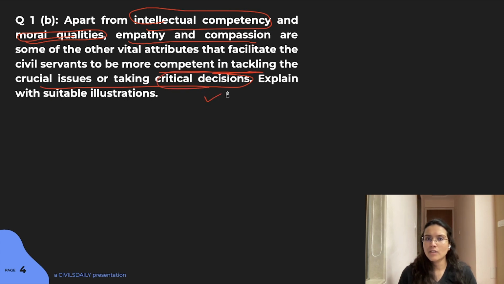Now, again, in terms of critical decisions, you can think about multiple scenarios here. When you're talking in your body, you can talk about, say, disaster management, you can talk about some serious situations of, say, communal riots, right? You can talk about, say, taking some very sensitive decisions, like on a mosque or on a temple, these kinds of decisions, right? Or some higher policy-making decisions. I think even they are very critical. So you can show me multiple scenarios here, right? Because this question highlights illustrations, you need to write examples in this particular answer.